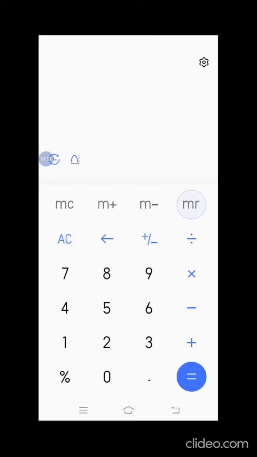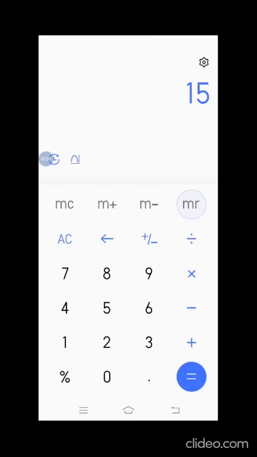Now I take another number like 6 and click on M plus. Now the number that was stored previously is added to this number. I again click on AC to clear the contents on the screen. Now I click on the MR. Now the contents are added.